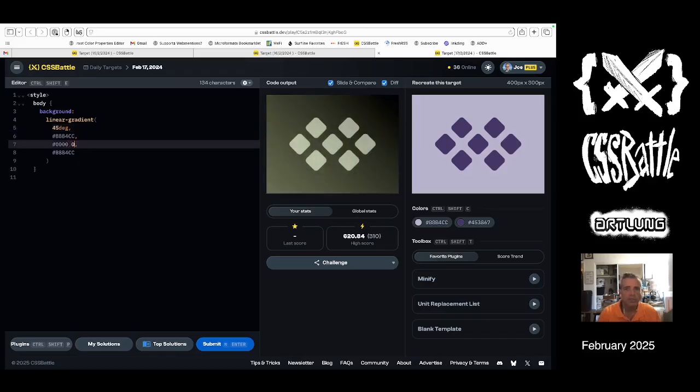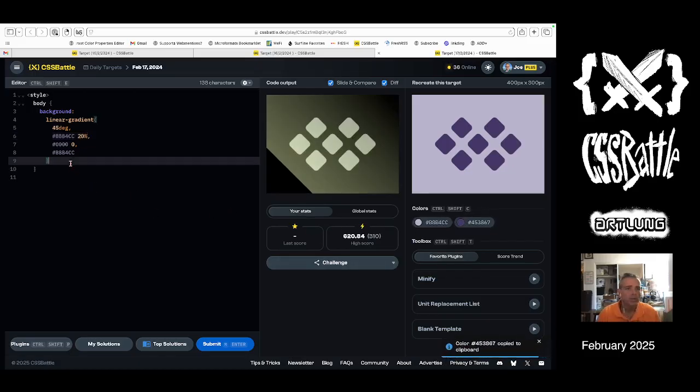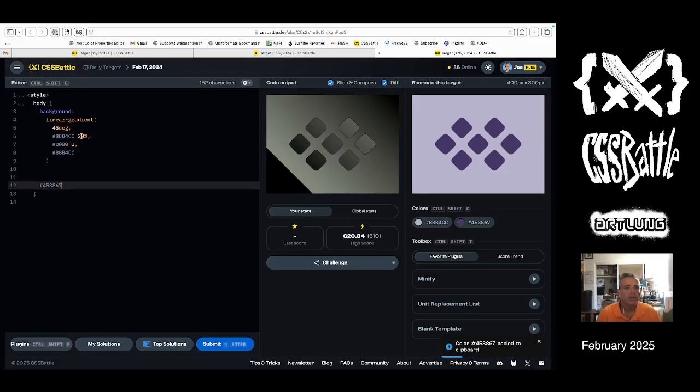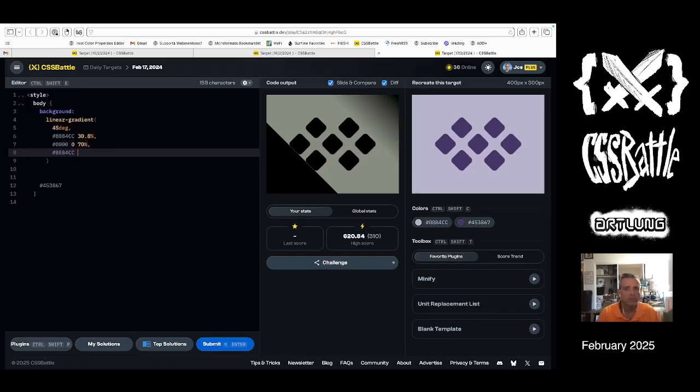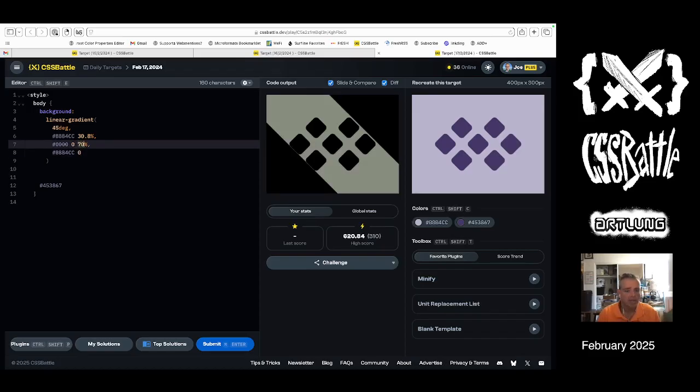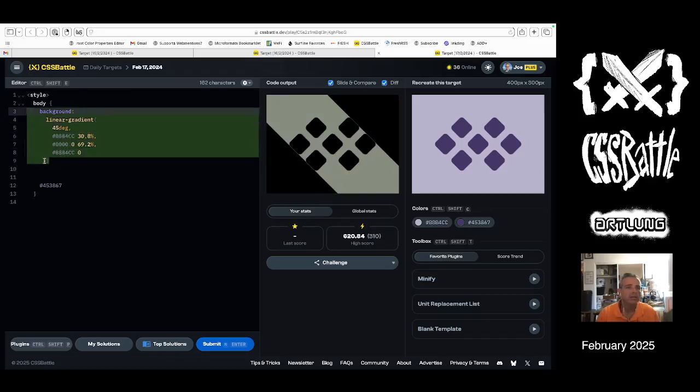So we set the color stop and then to 20%, and then let's put the dark color in the background so we can see our contrast. 30, 31, 30, 31.5, 30.5%, 0.78. Okay. And then that means that's going to be like 70%, 0, 69.2. All right, and then if we do the same thing again,